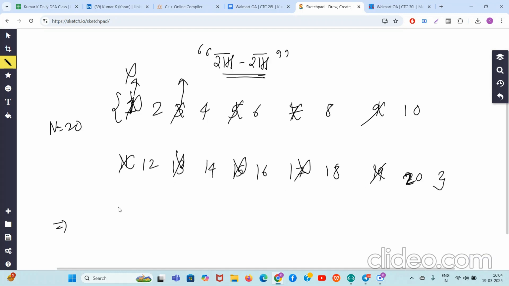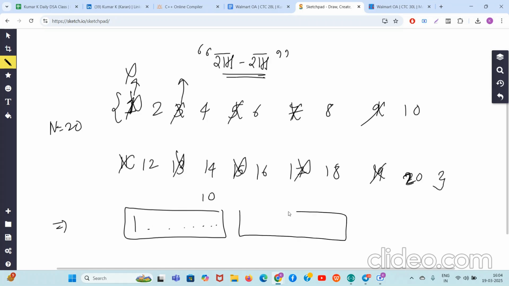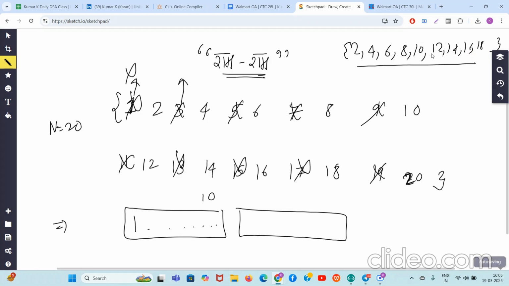Now, in this particular case, you come to know that you will be printing 1 how many times? 10 times. After that, 2, 4, 6, 8, 10 will be there till 20. So how many numbers are there? 2, 4, 6, 8, 10, and 12, 14, 16, 18, till the end. So here how many odd positions will be there? 5 odd positions, right?